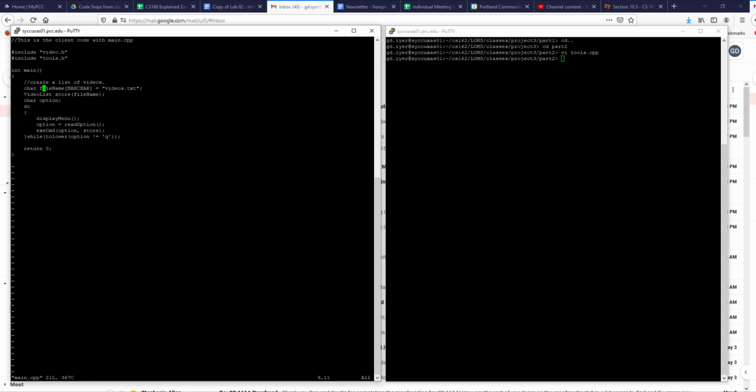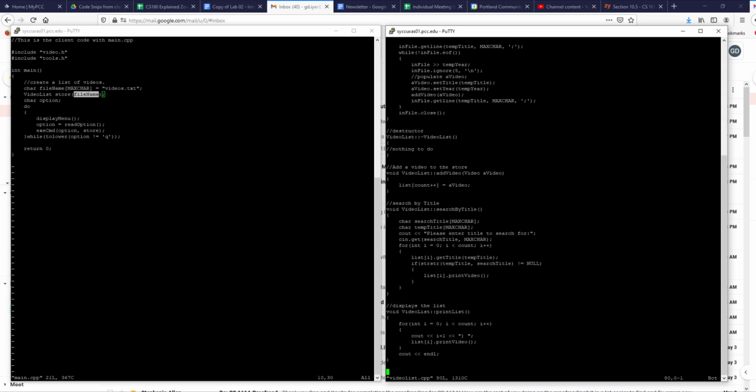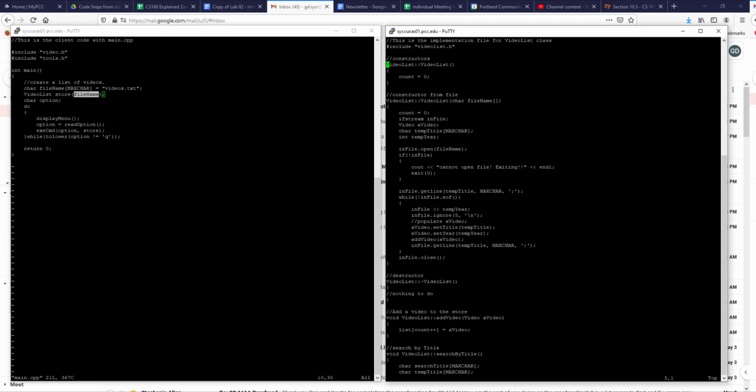You create your file name. I call it file name, put in videos.txt in it. I create, this is the most important object, a store object which encapsulates the list and the count. And I call it using the constructor from the file. Remember, we wrote that. When you go to take a look at video list.cpp, where we are calling that constructor, this constructor right here, reading from the file.